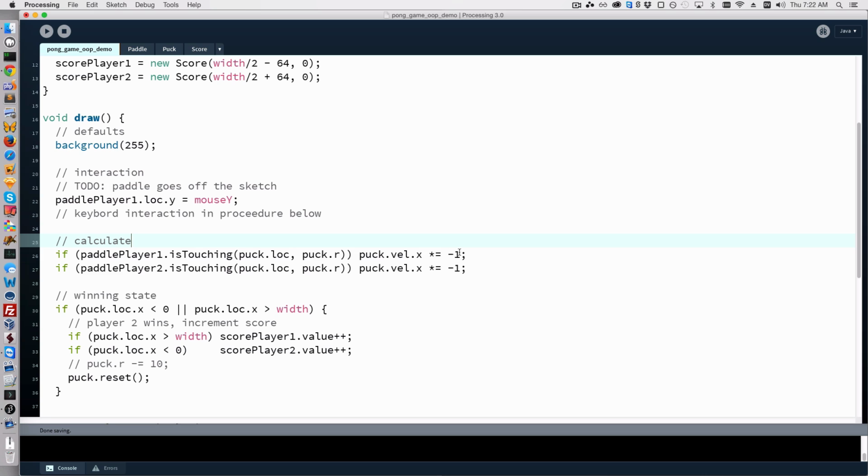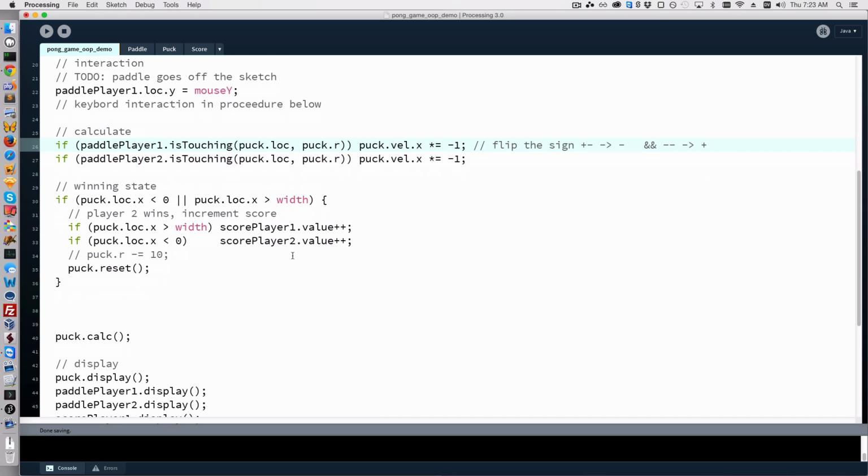And so this is just flipping the sign, right? And if you remember back to math, if you have a positive and a negative, it becomes a negative. And if you have a negative and a negative, it becomes a positive. That's basically what's going on here. If you can remember back to early math stuff. Here we go. We're calculating the winning state, seeing if there's a winner, incrementing the score based on the location